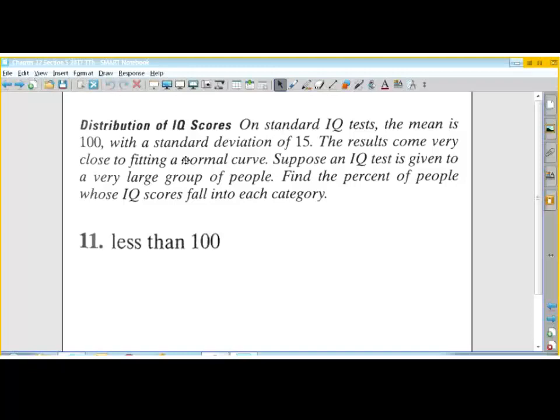So we can use the information that we came up with the other day, and I just remembered I have the table. I printed out the table so we can use this in class just to get used to using it. You'll need to use this for your project. So for you guys online, if you can go to page 671 in your book, you'll see it. But in case somebody didn't bring a book today,